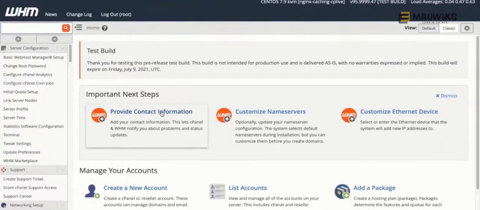Let's say when you install cPanel for the first time, or not for the first time, for a certain server, when you install it,